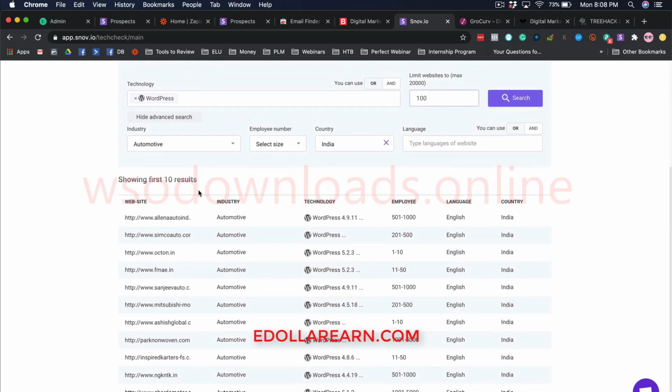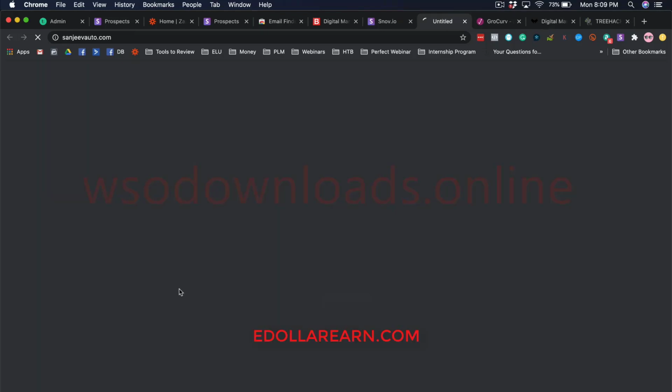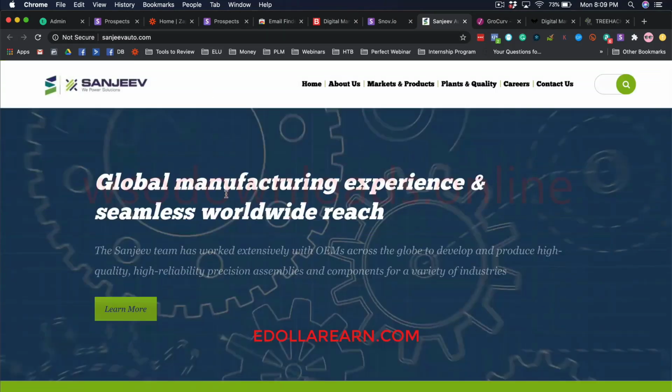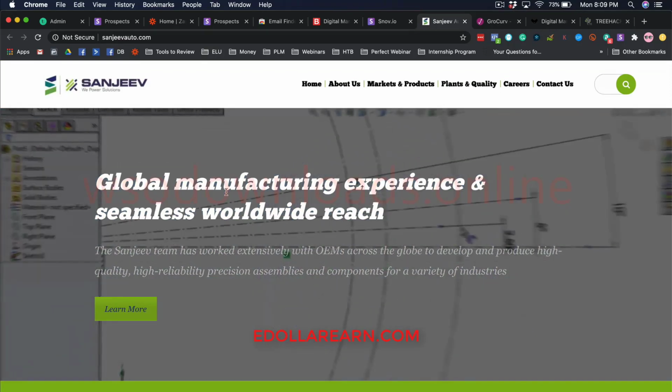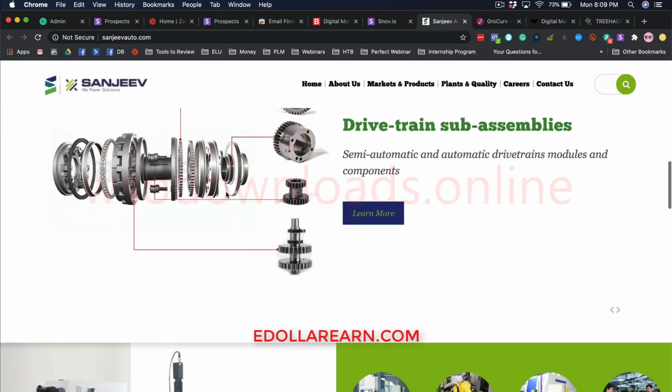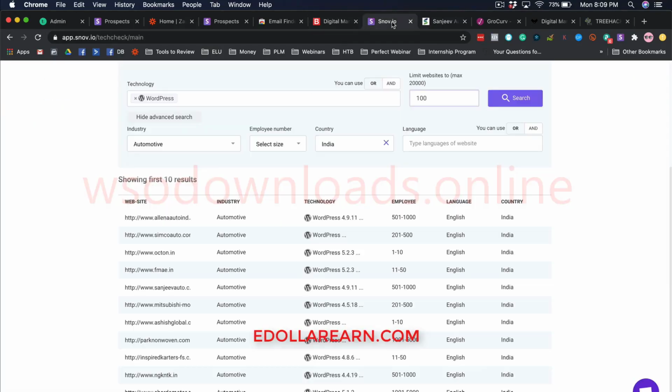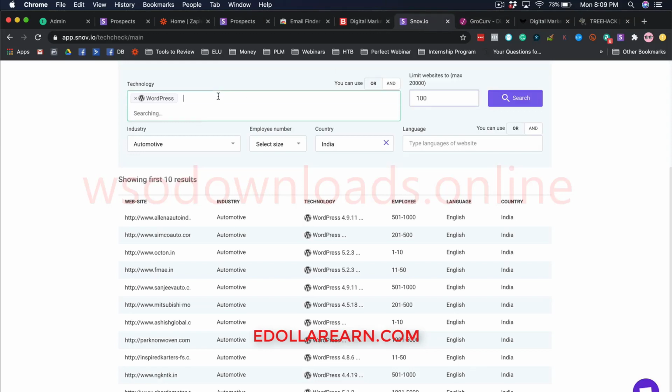So here you can see, we can see a list of all the companies that are using WordPress and they are in the automotive sector. And you can even see what is the version of WordPress that they are using. Like for example, if they are using an old version of WordPress, you can go ahead and send out a mail to them saying that, hey, you are using an old version of WordPress, you might be vulnerable to hacking, and then they will feel like, okay, you know what you are talking about. And here you can see they don't have HTTPS. And as a freelancer or a digital marketing agency, if you want to reach out to this particular company and if you want to provide your digital marketing services, this is an excellent way to find out who people are, what they are using, and then reach out to them.